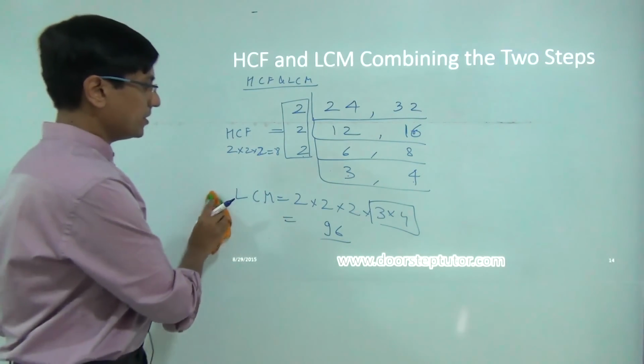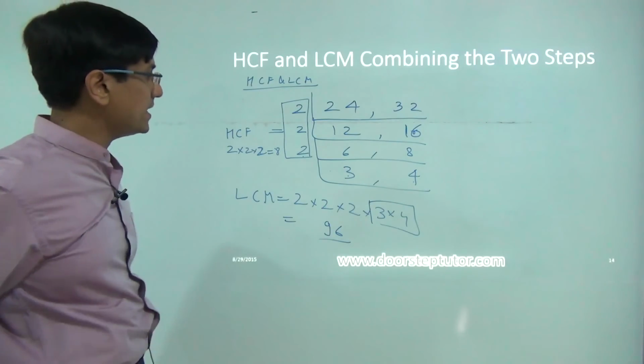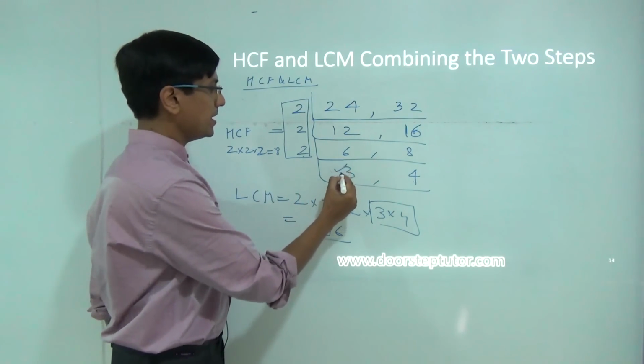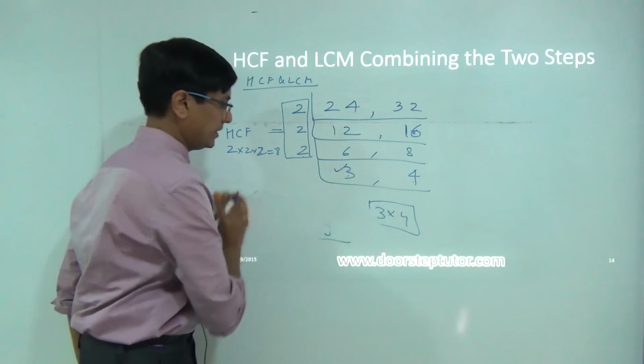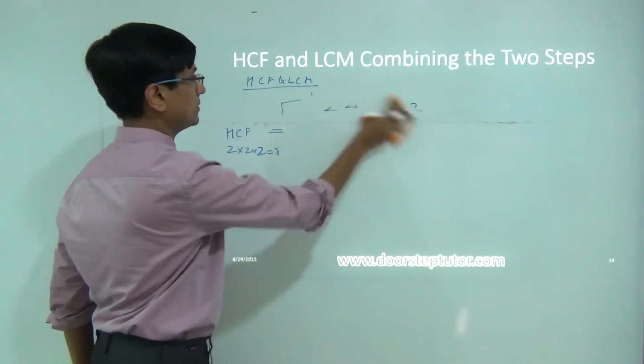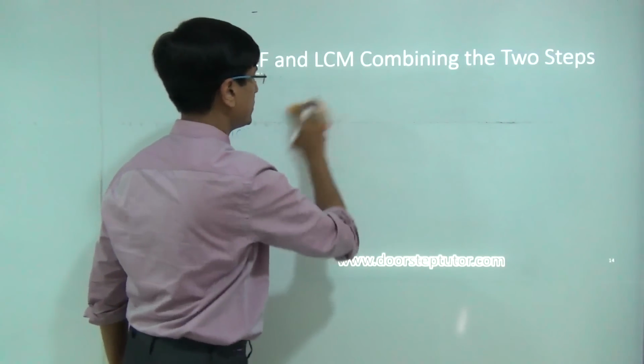So let's take another example, and in this example you will understand why I can stop here in the case of two numbers, but this is not valid if I have three numbers. So let's go there very quickly.